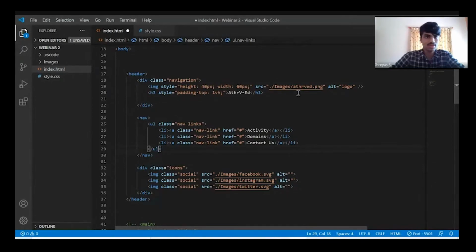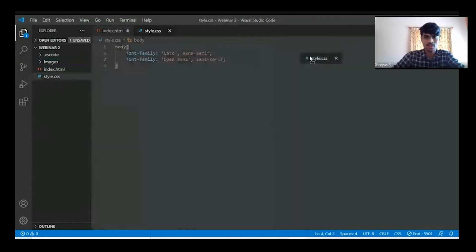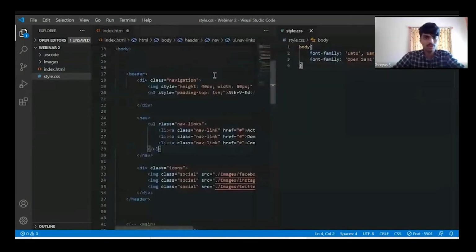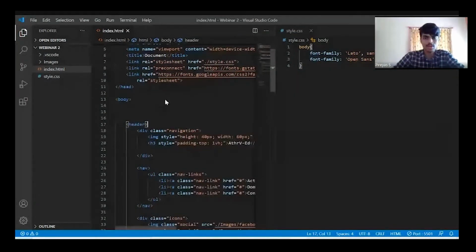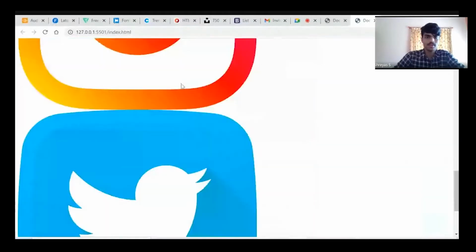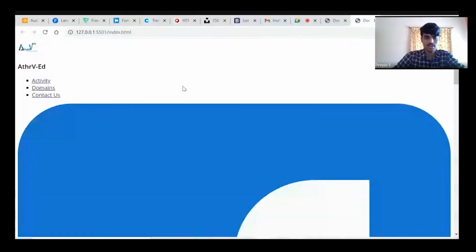All the images I have downloaded and added in a separate image folder. So you would use the source. And this is a nav tag. I have used it in terms of a list, and the rest of the icons I have downloaded in SVG format, and even those I have added as images. So let me style these things. Before styling, let me show you how it looks without styling. So this is how it looks without styling. See, first let's begin with reducing the size of these icons.